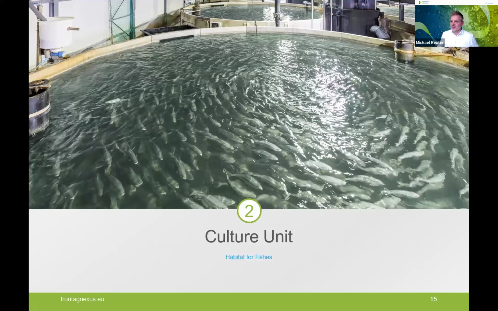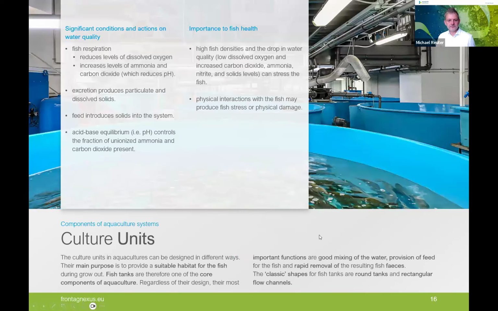So after having said that about the general system conception, let's have a look into the culture unit. What would be the habitat for our fishes? What is important inside of our culture unit is that we have enough oxygen inside of the culture unit, so that the fish can